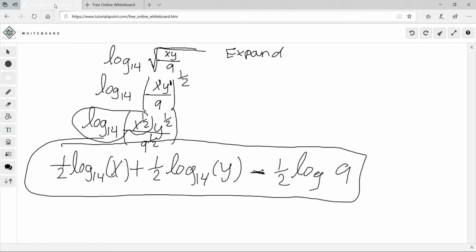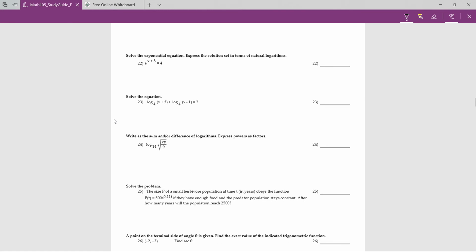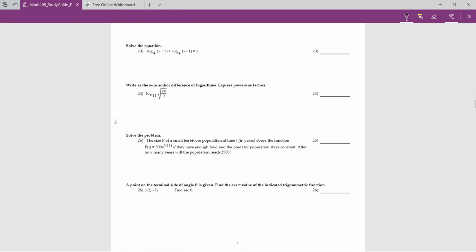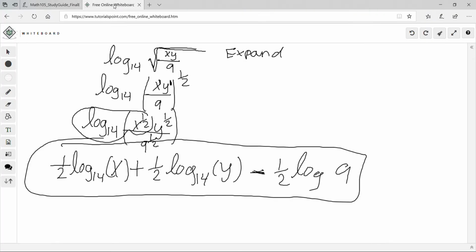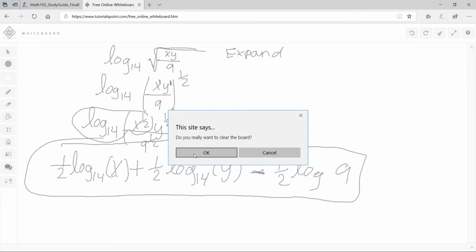25 says word problem. The size P of a small herbivore population at time t years obeys the function P(t) equals 500 e to the 0.11t. If they have enough food and the predator population stays constant, after how many years will the population reach 2500? So if you give us this formula, P(t)